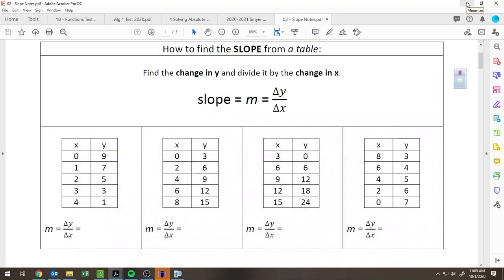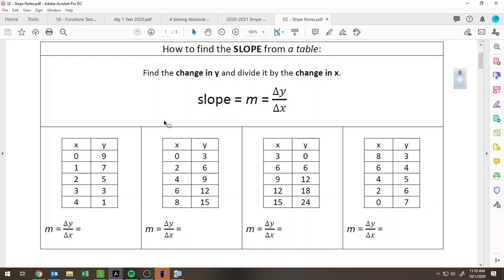All right, we're going to start off our linear functions unit with slope. You've done slope 1,000 times probably, but you've probably forgotten it also. So we're going to start with slope from a table. If I have a table of numbers, we have to figure out how to find the slope of that